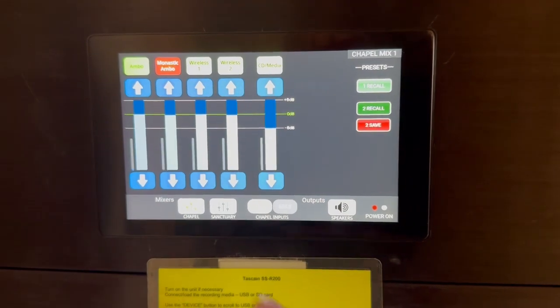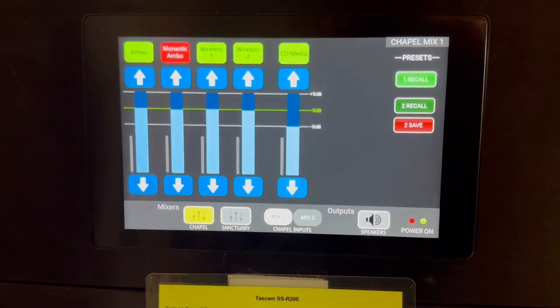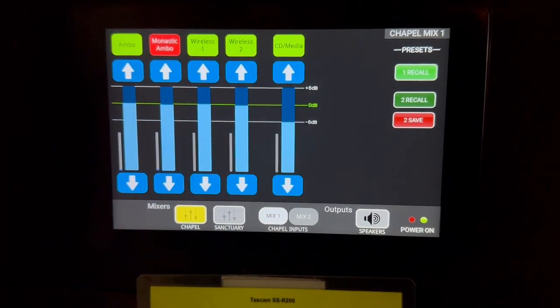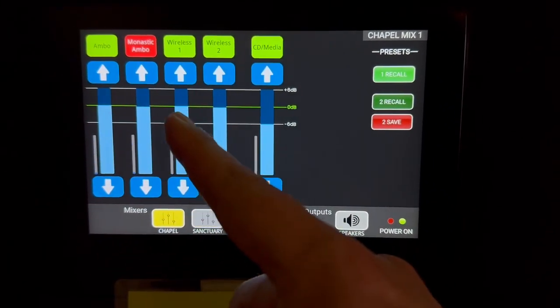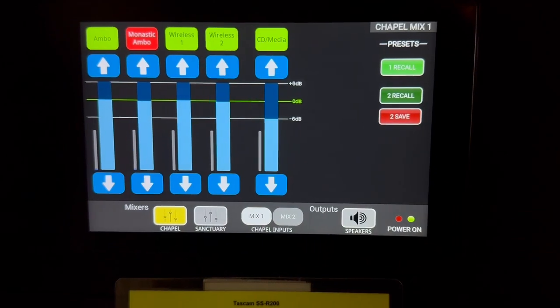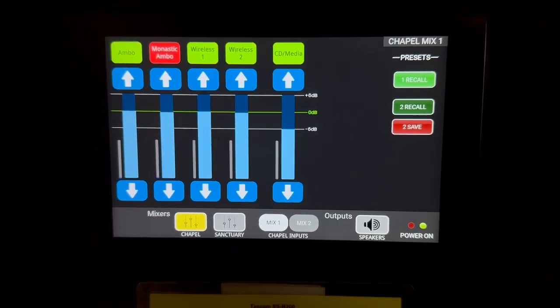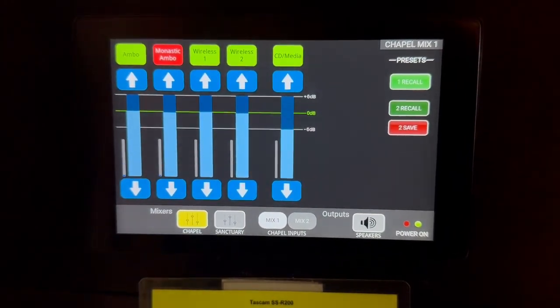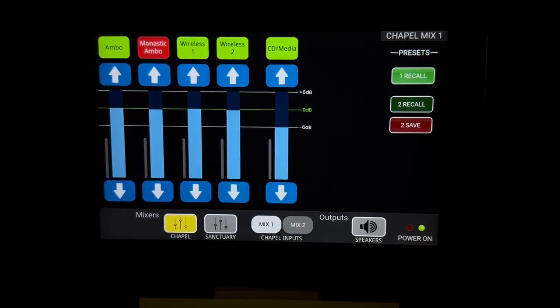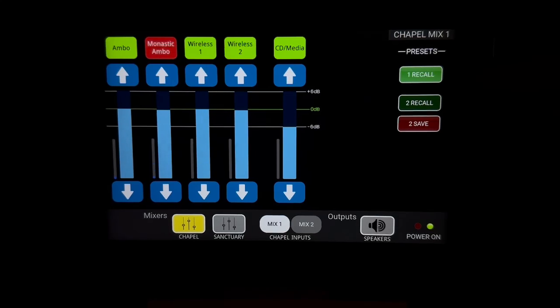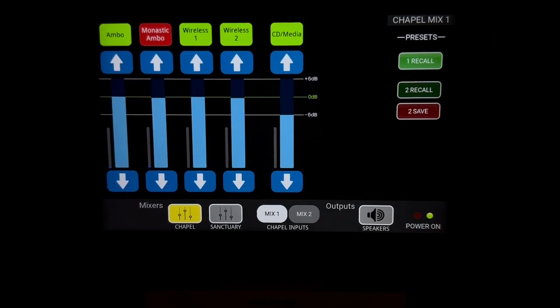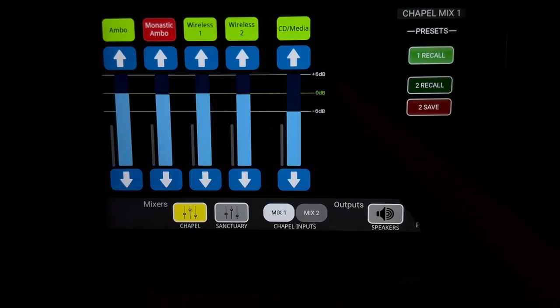We'll start with the left-hand side here on the chapel. I'm going to turn that down just a little bit so you can see a little better. On the chapel, you'll have the Ambo, the Monastic Ambo, the two wireless, and the CD player on the mixer page. My screen keeps getting too bright. When you recall the basic setting here, which is the default, that's preset number 1, that will look like this,